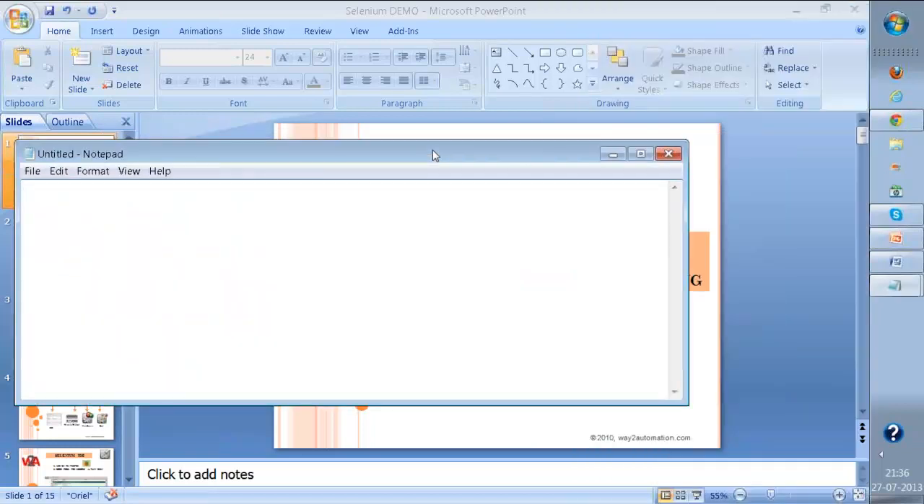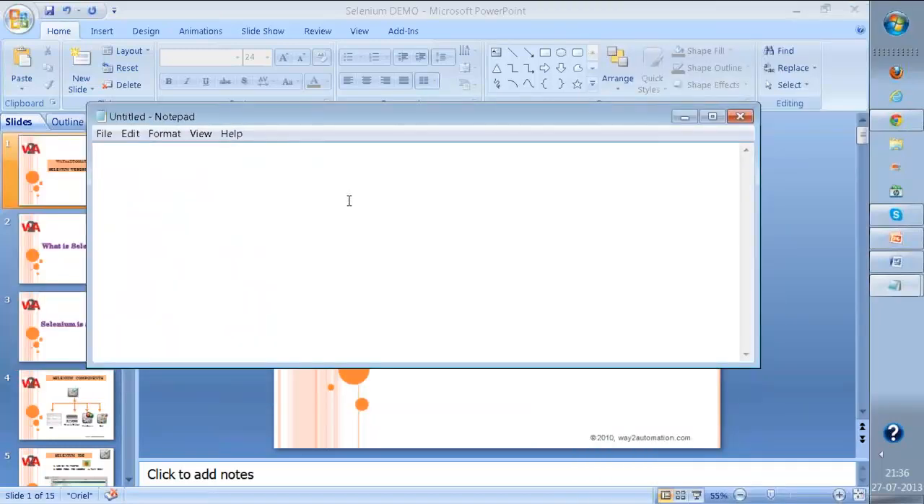The prerequisites that you require in order to work with Selenium. The very first prerequisite is that you need to have Java on your machine. Java as in JDK 1.7 or 1.6. And I'm sure every one of you has Java on your machine. Otherwise, this WebEx session won't be working, because this WebEx session will only work when you have Java on your